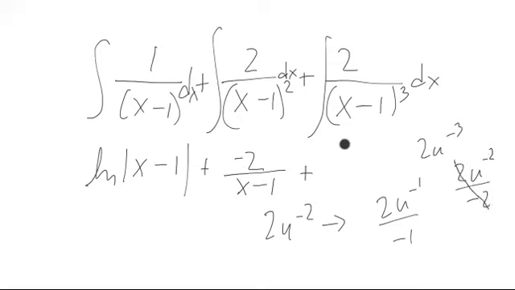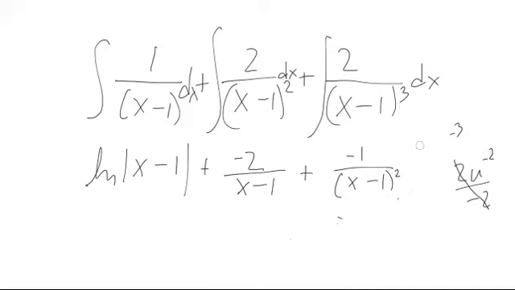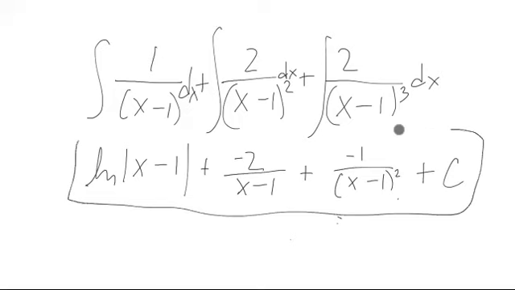So it looks like you just have plus minus 1 over x minus 1 quantity squared. Okay, so then this right here would be the antiderivative, the general antiderivative. We put a plus c there, and we've just taken the integral of what we had originally, and we first did some partial fraction decomposition